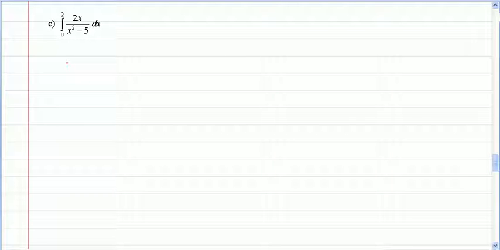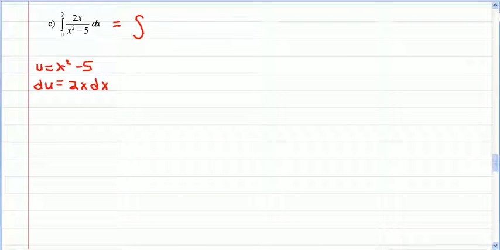For part C, this is the first definite integral of 2x over x squared minus 5 from 0 to 2. So this one is another u substitution because I see that the derivative of u is in the problem. So my u is going to be the denominator, x squared minus 5. du is equal to 2x dx, which is in the problem. So if I rewrite this as 1 over u du, and my limits of integration are from 0 to 2,